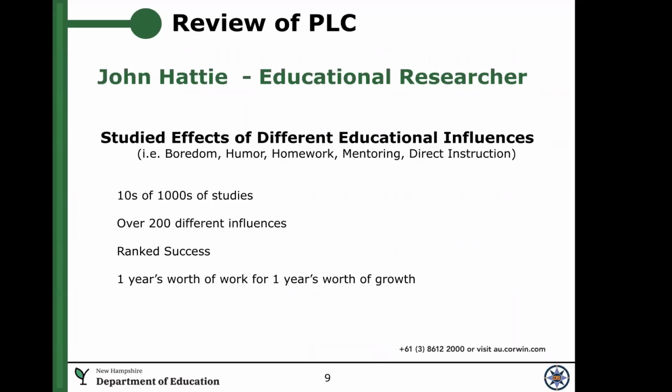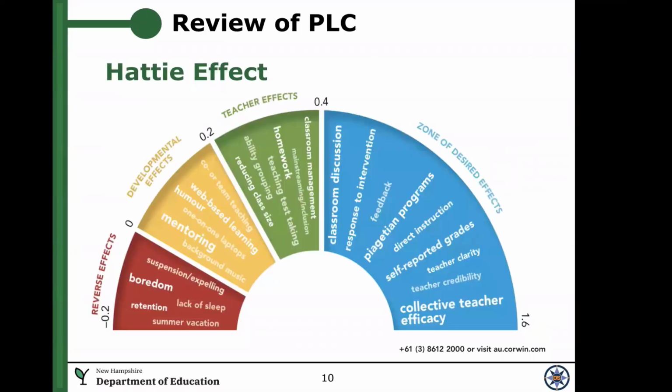He's the educational researcher who has done a lot of research on the influences on student learning. He ranked them, and it's called the Hattie effect, from the reverse effects all the way over to the most desired effects for student learning. And collective teacher efficacy is the highest indicator of student learning of all the different effects that he